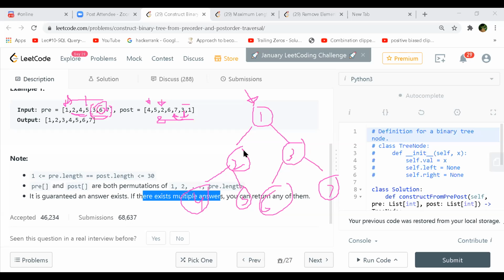So I never thought of it that way. That's a very good thing, because I was always looking at the pre-order and then dividing, looking at the index of the pre-order one by one, and then going and finding that particular value in the post-order and then dividing the tree. But doing that also works fine. So that is the standard way, right? Everywhere you see that algorithm only. But if you come up with a different way, that also should be fine.